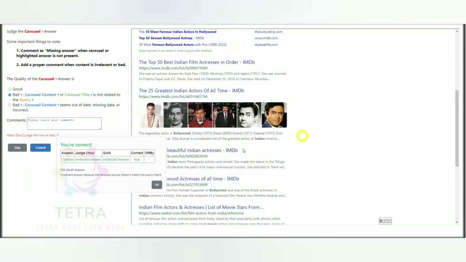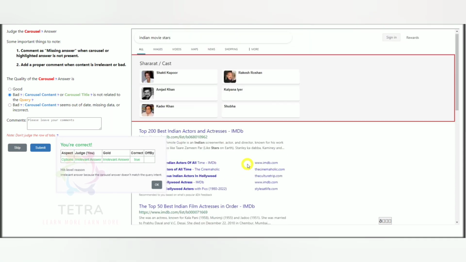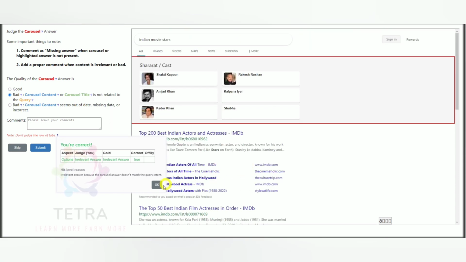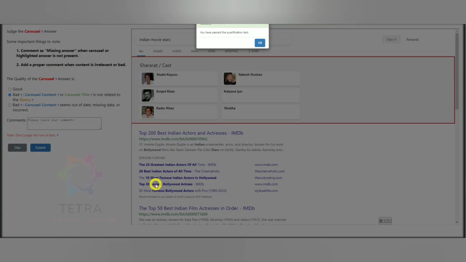This research tool helps you, so always use these sub results, so you can be in a good position to answer. We have just passed the qualification. Passing the qualification is not that important. What is important is that you must learn the concept behind it. For this qualification we just learned some concepts, and for detailed concepts you can join Tetra Academy, where we can tell you everything in detail so that you can work productively with your good quality spam percentage.